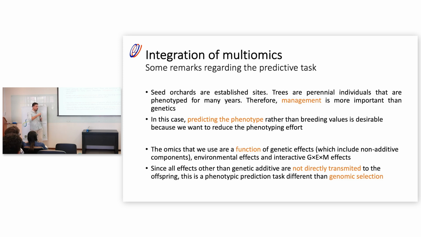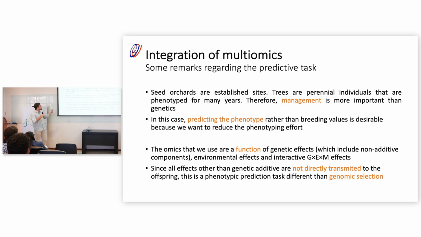The moment that we use omics, even if it's a NIRS in a seed, we have other effects that are not going to be inherited. So we have to be careful with that when we are using them as breeding values, or we're using those predictions as indexes for selecting parents or moving genotypes to the next generation. But for us, here it's okay because we want to predict phenotypes.